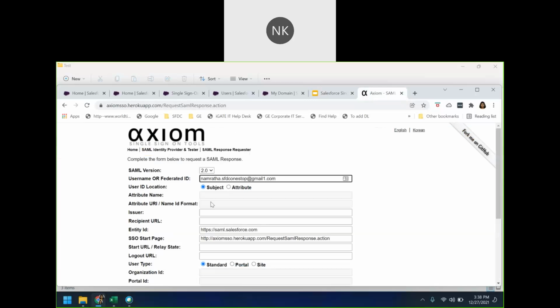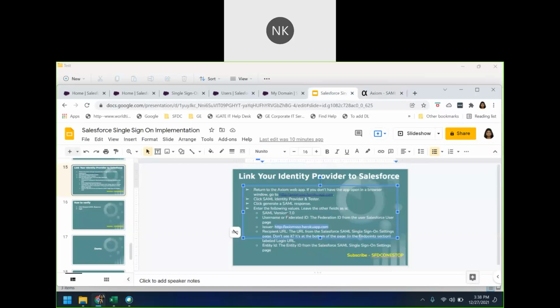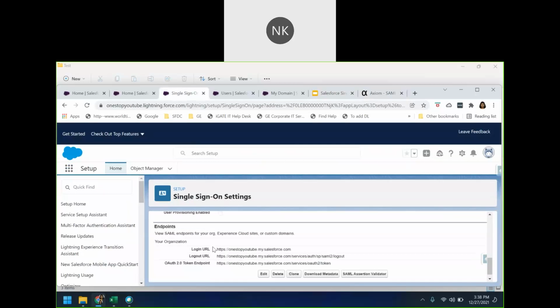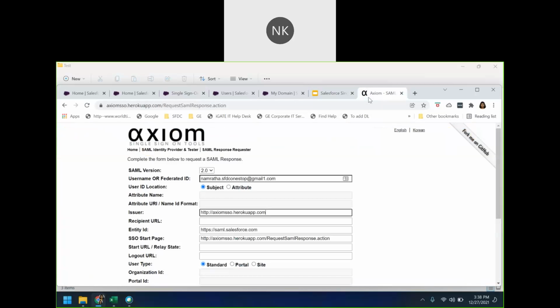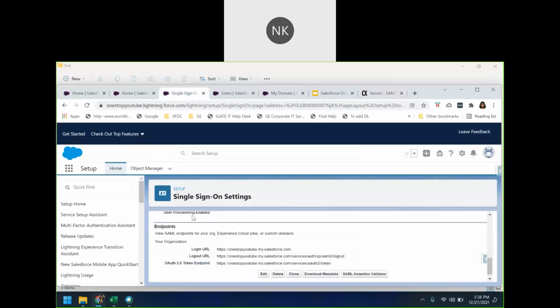You'll have to come here. Rest all you will have to remain as is. There are no other changes apart from this. Recipient URL, the URL from the Salesforce SAML single sign-on settings page, it is at the bottom. So once you open this, when you click on this, recipient URL, end section, when you navigate here,